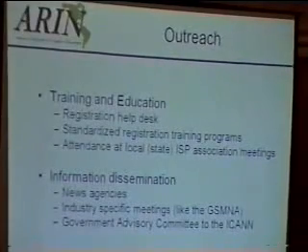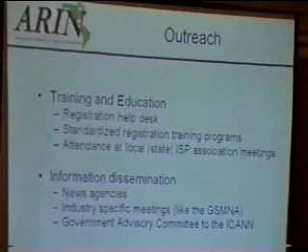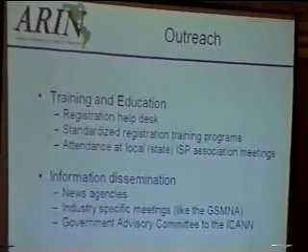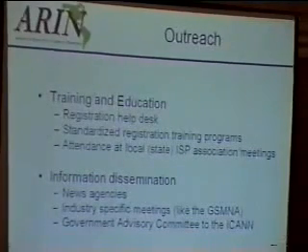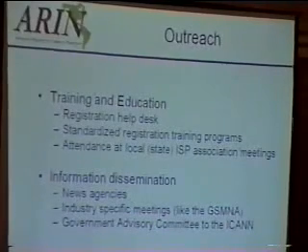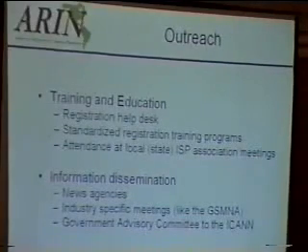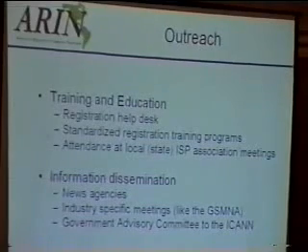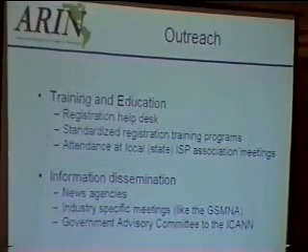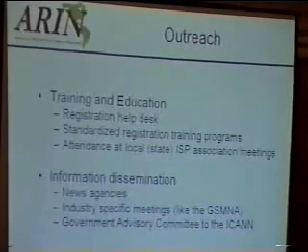Industry-specific meetings. There are a lot of industry-specific type things going on right now that may show a large demand for IP address space in the future. So we're paying very close attention to what's going on at their meetings and what their requirements may be so that we can address their needs and we can speak to the larger community about what their requirements are. So there's no surprises when